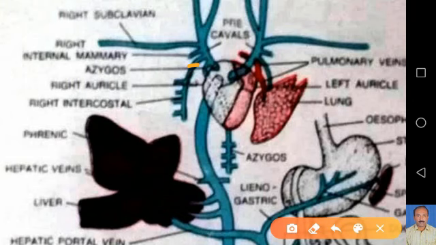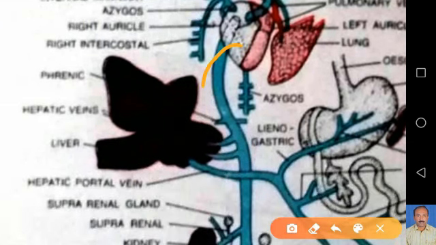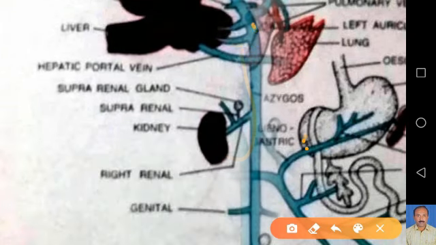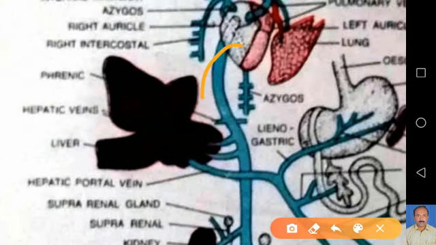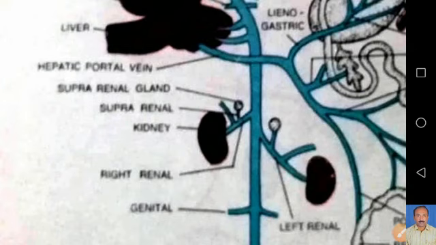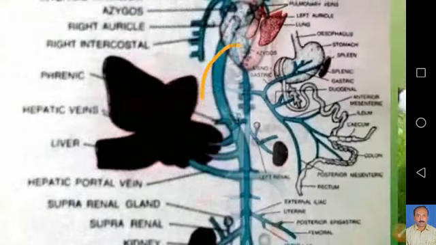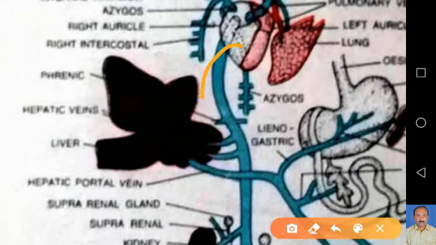Next, postcaval vein. So, this is the postcaval vein. It runs downwards. This is the postcaval vein which is going downwards. This posterior vein or posterior vena cava or postcaval is a large medial vein. It collects venous blood from the posterior half of the body below the diaphragm. During its course, it receives several veins which run along with the corresponding arteries.